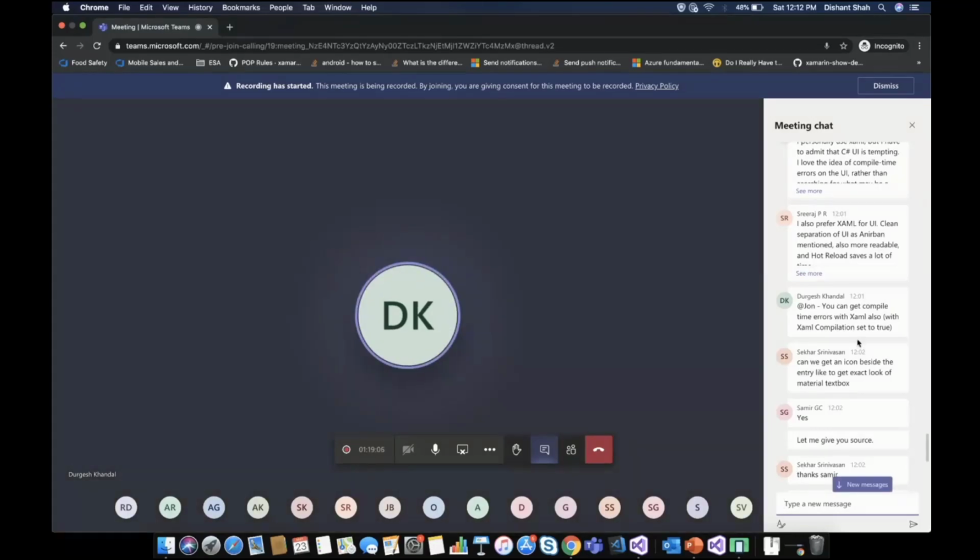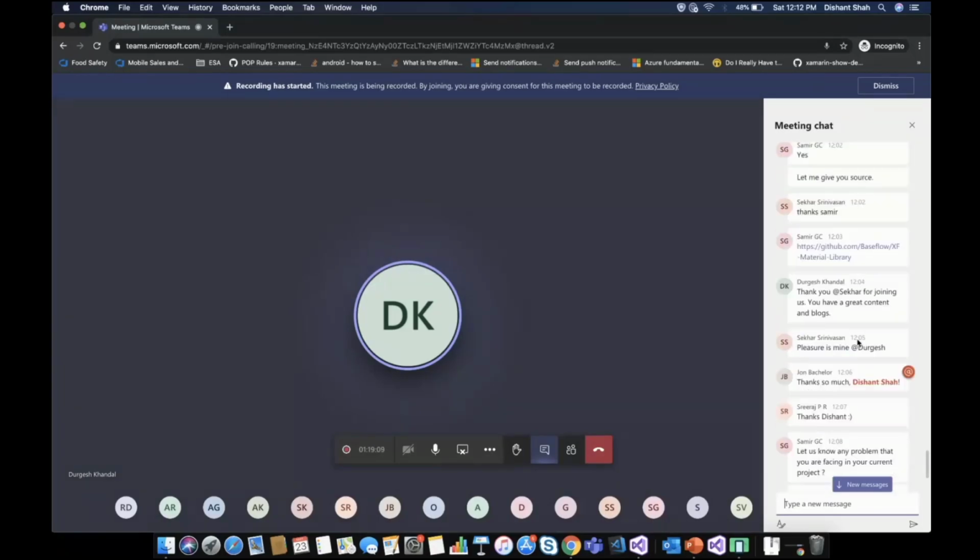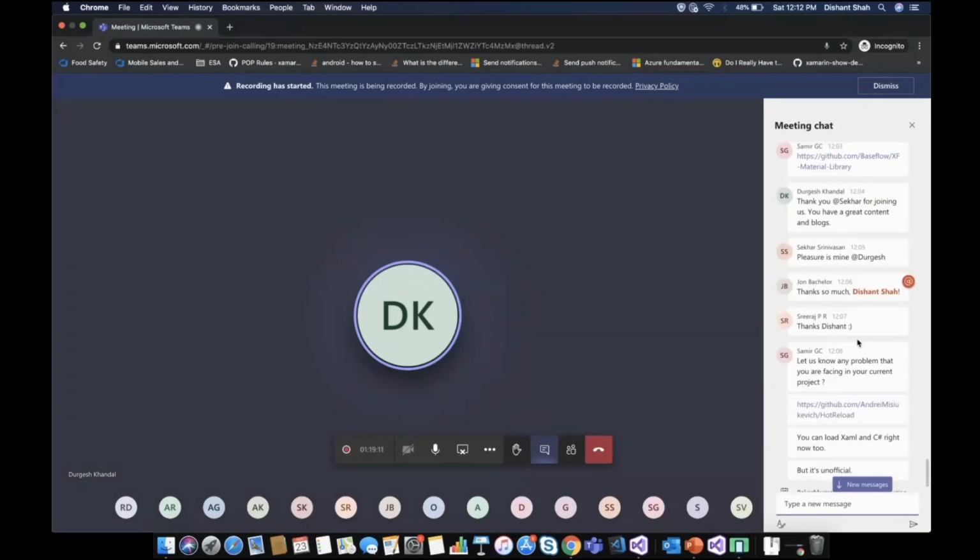Yep, even I'm excited for that. It's actually very good looking. In UWP you can use it, but for Android and iOS it's still not available, so we have to deal with Material Design for now. But if you are using UWP, you can still use this Fluid framework.